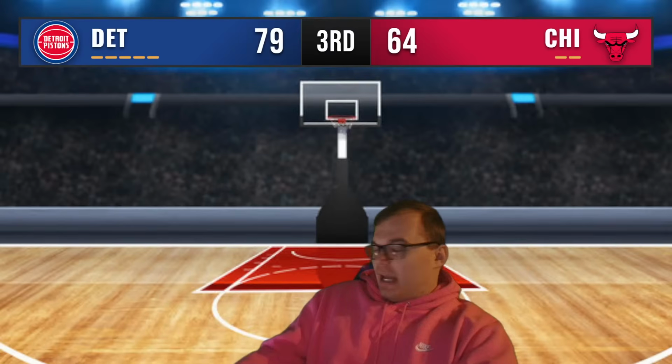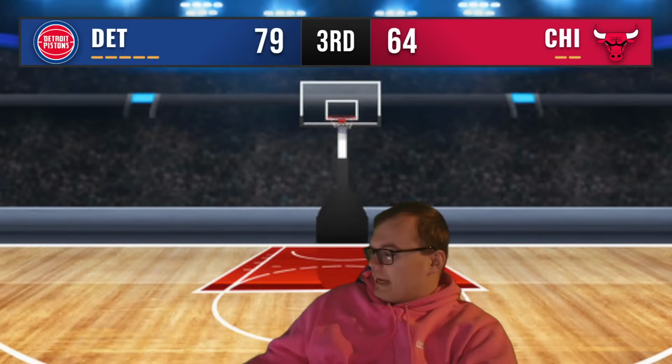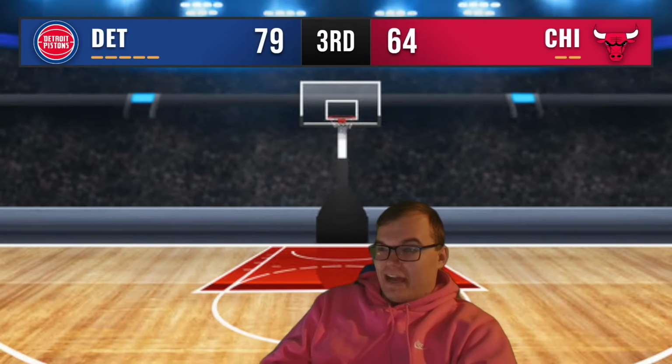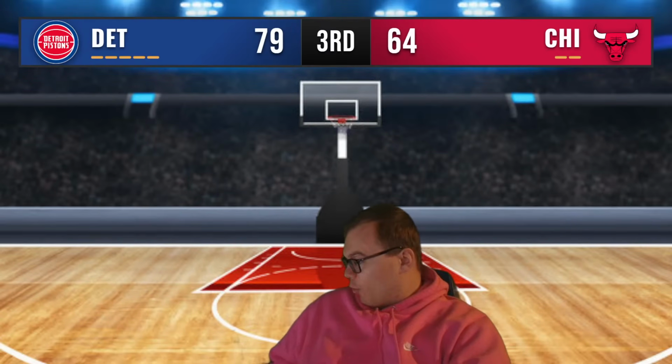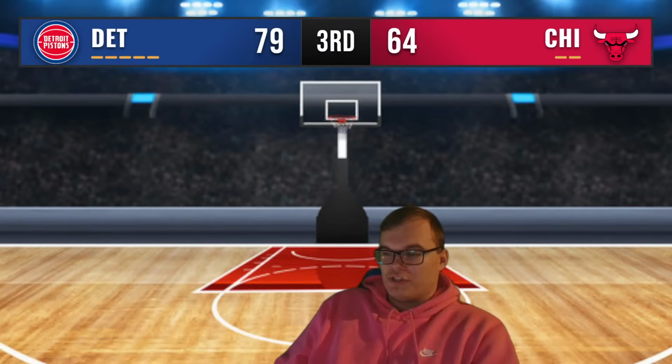Yes, Ron Holland has been checked into the game a couple times tonight. Yeah, he's got 3 fouls, though, so you have to kind of monitor that situation. Duren's got 17 points, 9 boards. Tobias has 14 points, 3 boards. Duncan's starting to come alive. Asar's got 8. Bulls don't have enough timeouts. I know, they're burning through them like clockwork. They got 2 left. They got to be very useful on how they use these last 2 timeouts here, because there's still plenty of time left.